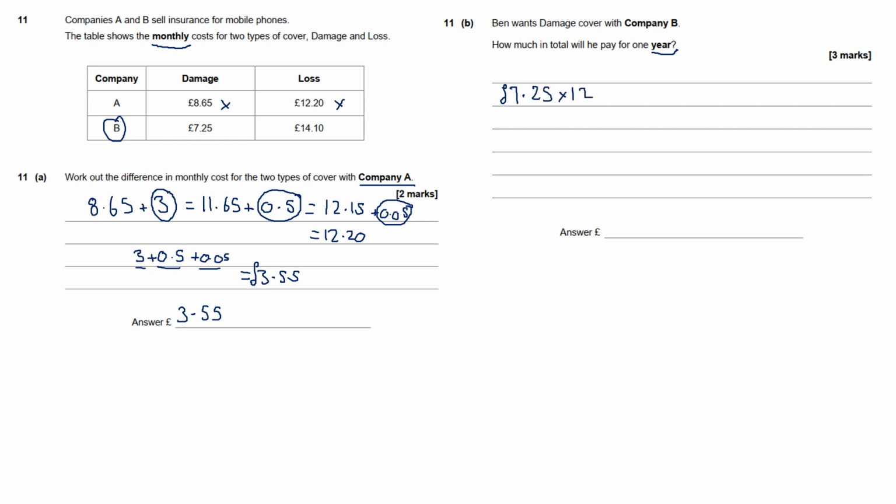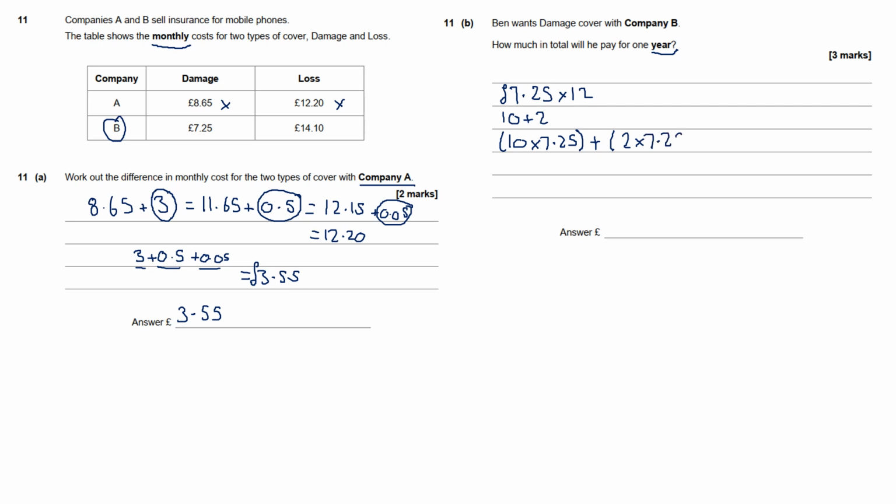So when you times something by 12, I'd recommend timesing it by 10, also timesing it by 2, and adding it together. So I'm going to do 10 lots and 2 lots. So 10 times £7.25. And I'll put brackets around it as well so we can clearly see what we're doing. Because 12 lots of something is the same as 10 lots plus an extra 2 lots, because 10 plus 2 equals 12. So 2 times